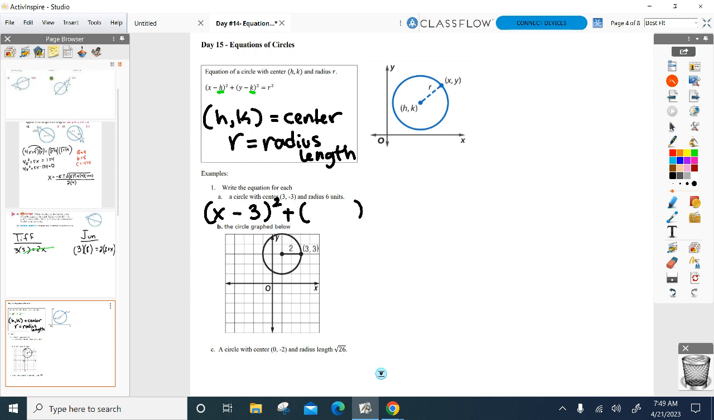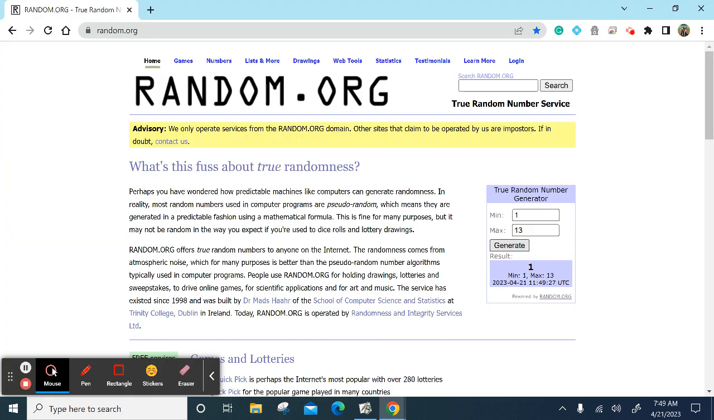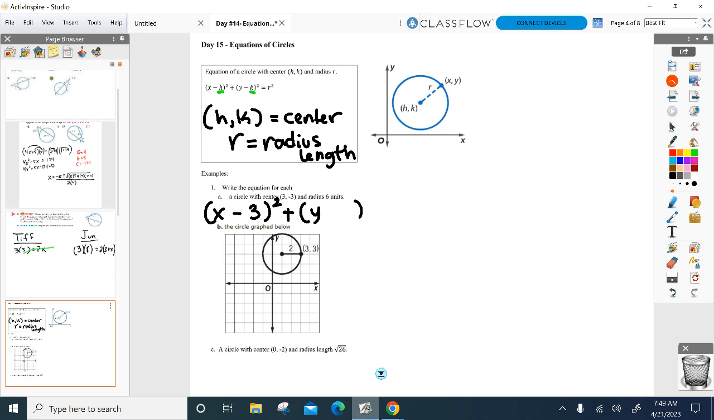Here we go, y. Now watch what happens here. What's the y coordinate of my center? -3. So everyone see what's going to happen here. y minus -3. What's going to happen? It's actually going to be (y + 3)². So you can just take the opposite of the signs and plug them in. The opposite of the coordinates and plug them in. Equals,